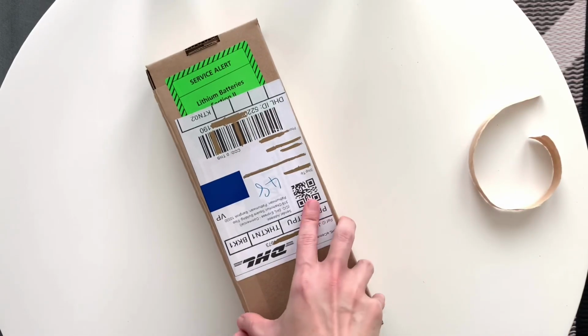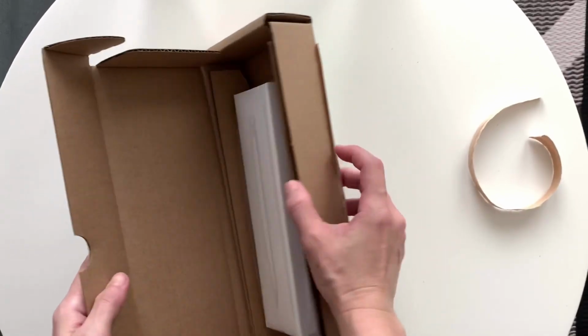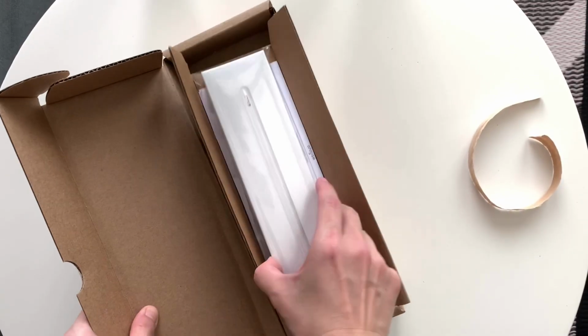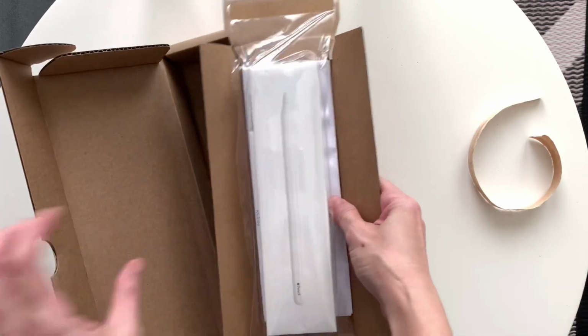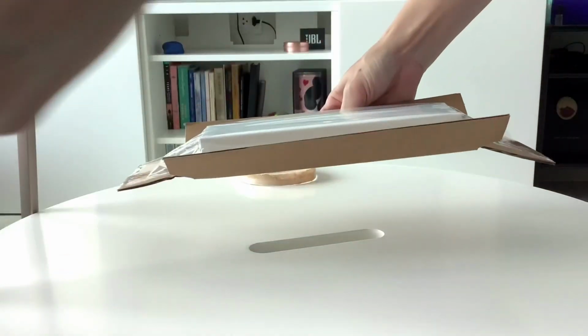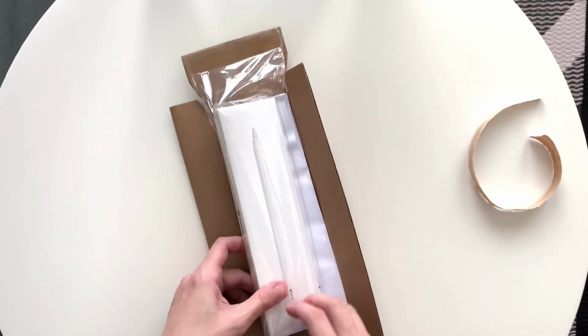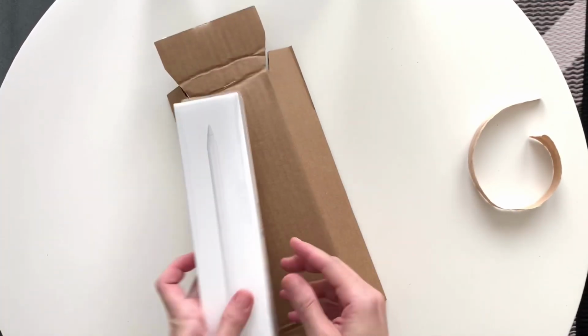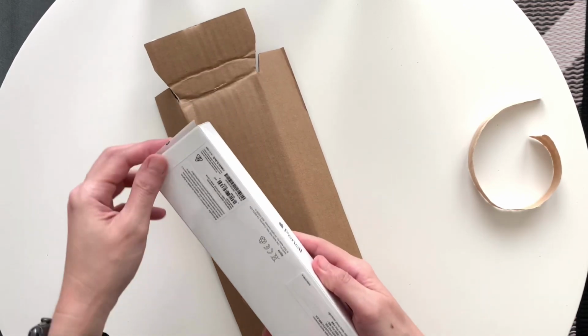I'm lucky enough to receive special gifts like this, the Apple Pencil and the iPad case as a birthday gift. It was in fact an advanced birthday gift because today is my birthday. And of course, to match the new case and the new Apple Pencil, I bought the new iPad Pro 11-inch